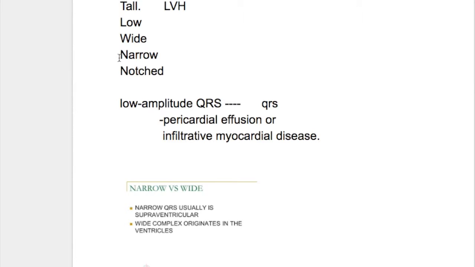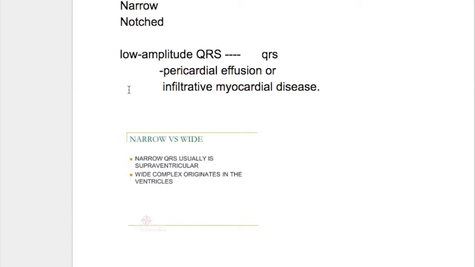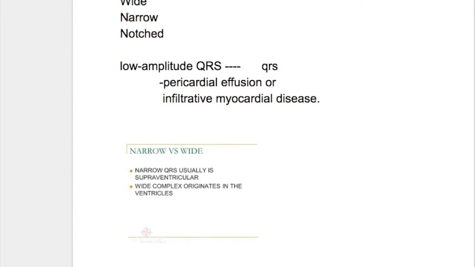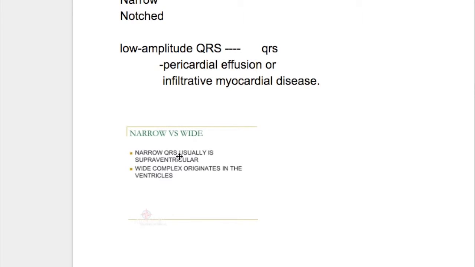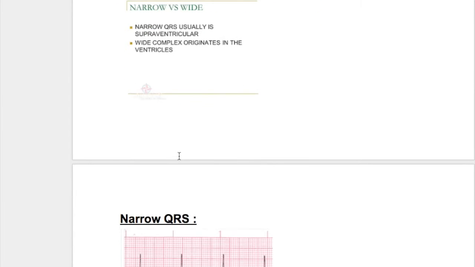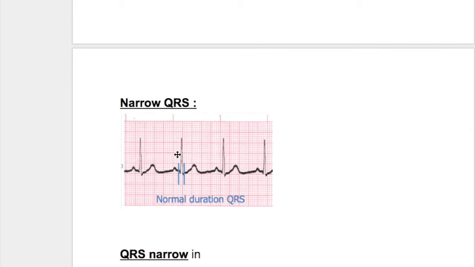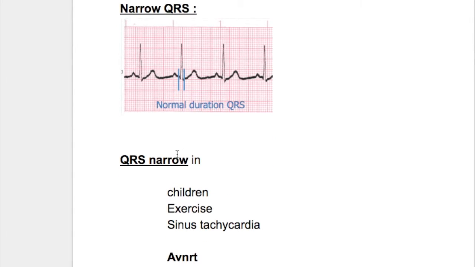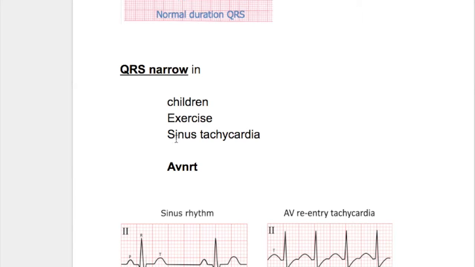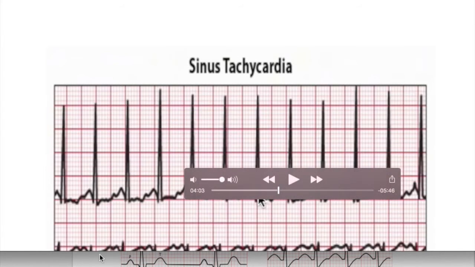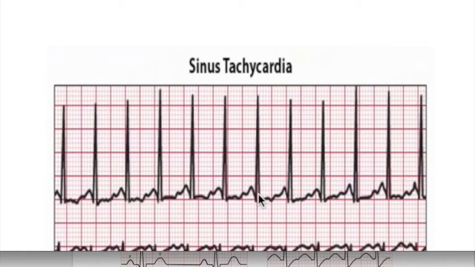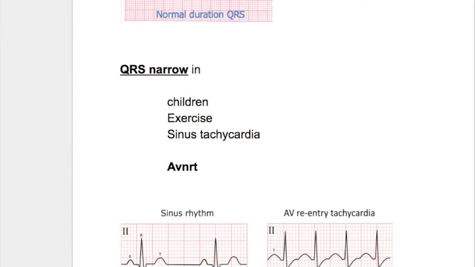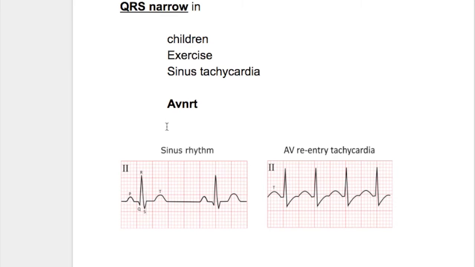The narrow QRS and a wide QRS. The narrow QRS usually is supraventricular in origin, and a wide QRS originates in the ventricles. So what are the causes of a narrow QRS? The narrow QRS normally may occur in children, and it may also occur in exercise. The narrow QRS also occurs in sinus tachycardia, and it also occurs in AVNRT,